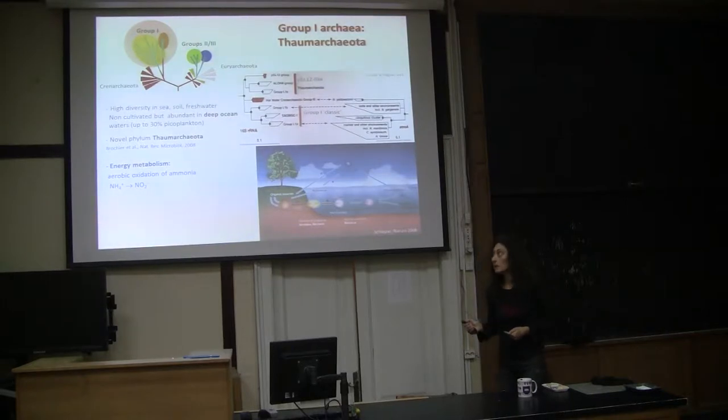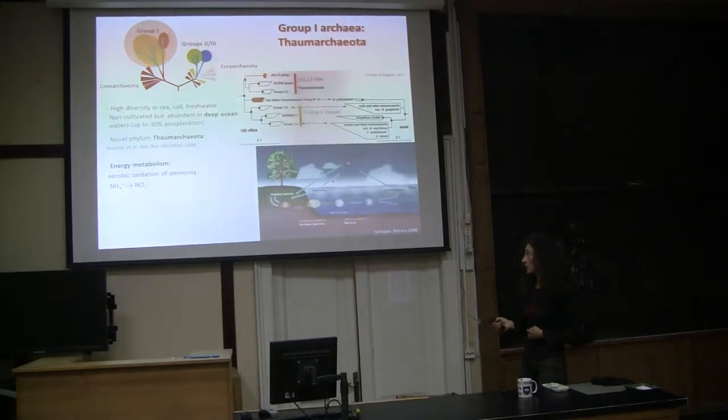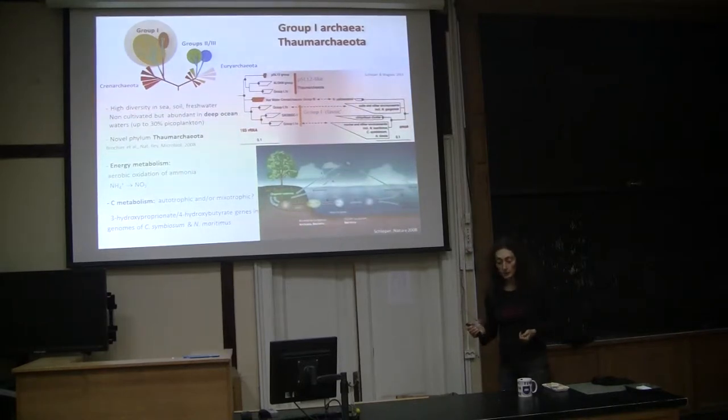Regarding the metabolism, we think that many, if not most of them, gain energy by oxidizing ammonia with oxygen to produce nitrite, and because of this activity, they are very important players in the nitrogen cycle, even more important than bacteria. So they have really raised a lot of discussion in the scientific literature because of their implication in the nitrogen cycle, and they are also very important